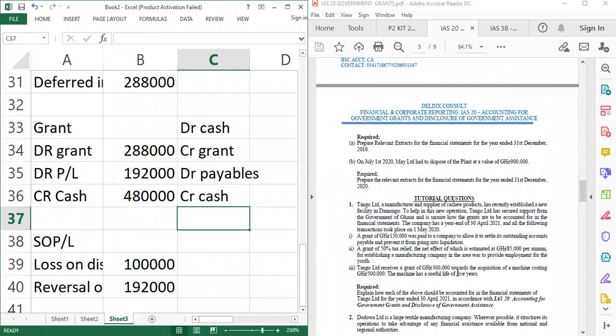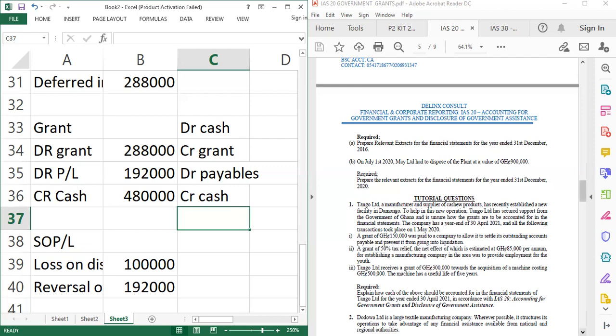The deferred income method. The netting off method is that the grant will be subtracted from the cost of the machine and the remaining portion will be depreciated over 5 years. The other one is the grant will be kept as grant income and the cost also. So we amortize the grant over the useful life of the asset, and also we depreciate the cost of the asset over its useful life. And you come with some figures. If you are using the netting off method, this is the depreciation that will be charged. If you are using the deferred income method, this is the amount that will be shown as grant income in the statement of profit or loss, and this is the amount that will be shown as depreciation.